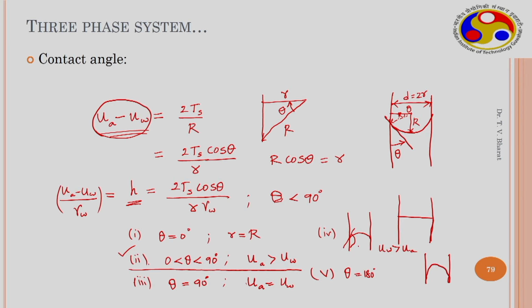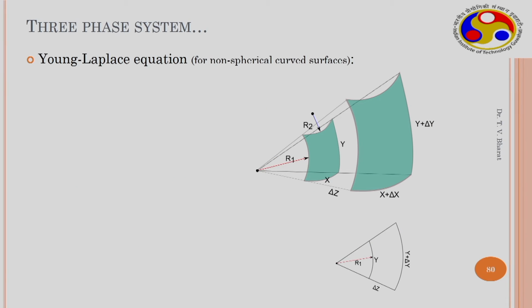And this one we will call suction very soon. Once we understand this suction concept, then we bring in important constitutive relationships in unsaturated soil mechanics, such as the soil water characteristic curve. Before that, let us try to understand the equation for the pressure drop